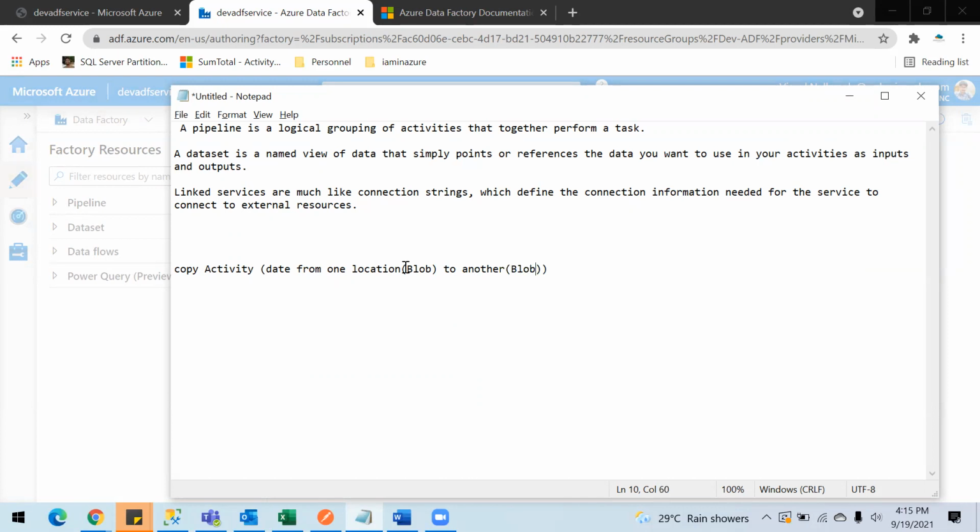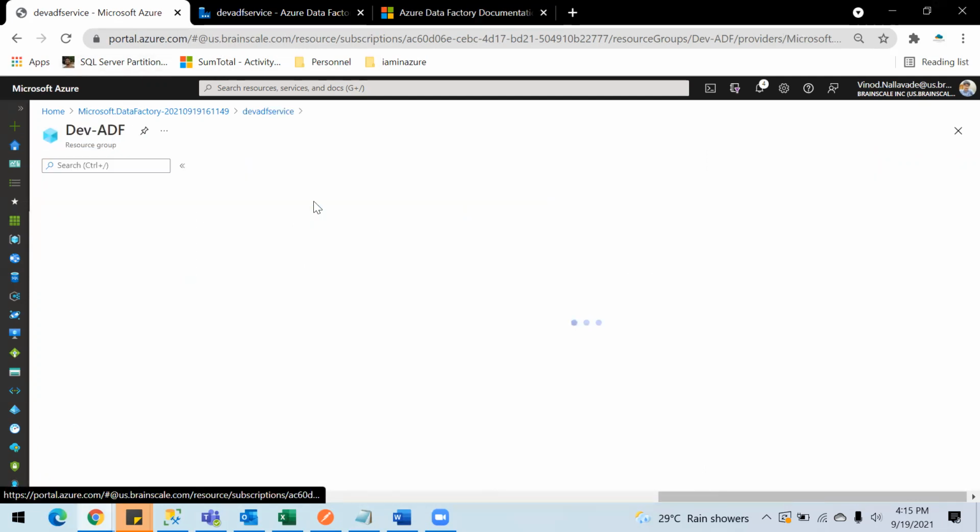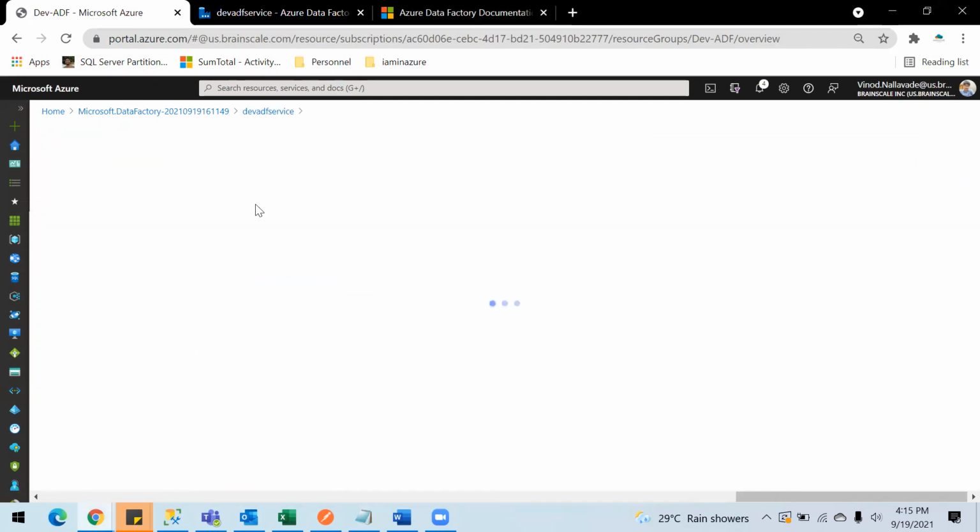I'm going to put one file inside a storage account and copy the same into a different container inside the same storage account. Actually, I'm not going to create two storage accounts. I'm just going to create one storage account, and inside it I'm going to create two containers. So we need a storage account now, so let's just create that as well. Let's go to the same resource group and create a storage account.